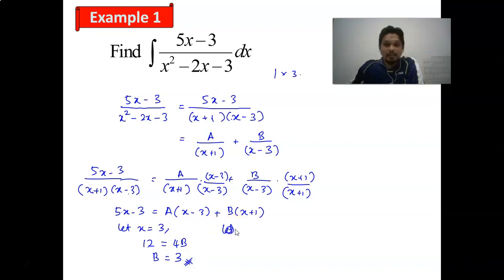And then let x equal negative 1. So negative 1 plus 1 is 0. Negative 1 minus 3. Okay, negative 1 times 5 equals negative 5. Negative 5 minus 3 is negative 8, which equals negative 1 minus 3, negative 4, times b. Then b equals negative 8 divided by negative 4, which is 2. So it means that here